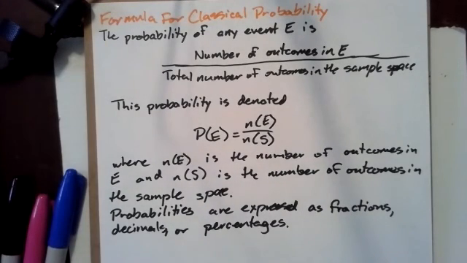Here's a formula for classical probability. The probability of any event E is the number of, this is supposed to be in the next video. We'll get back